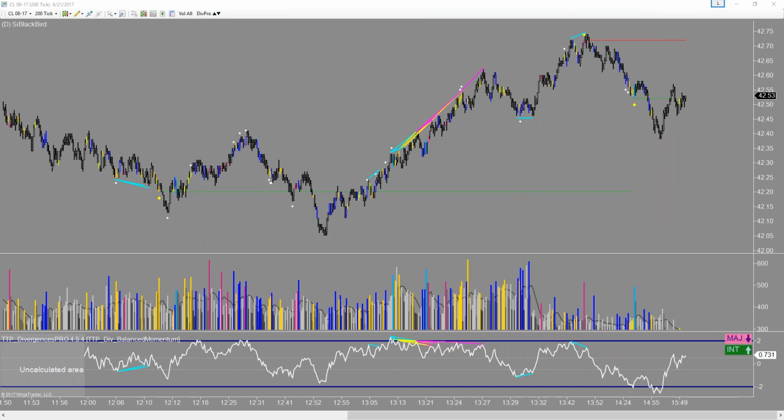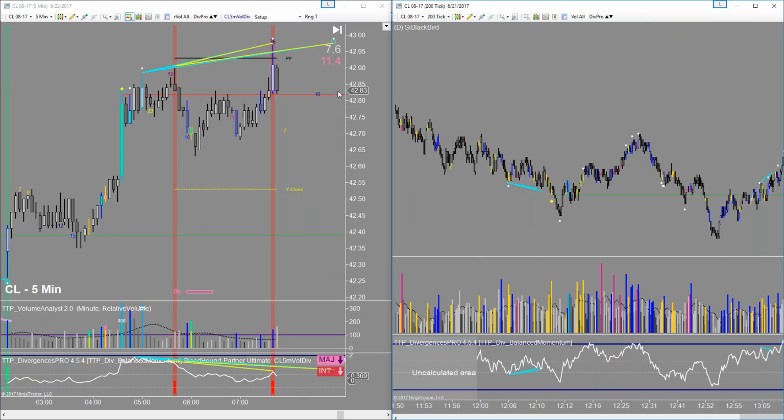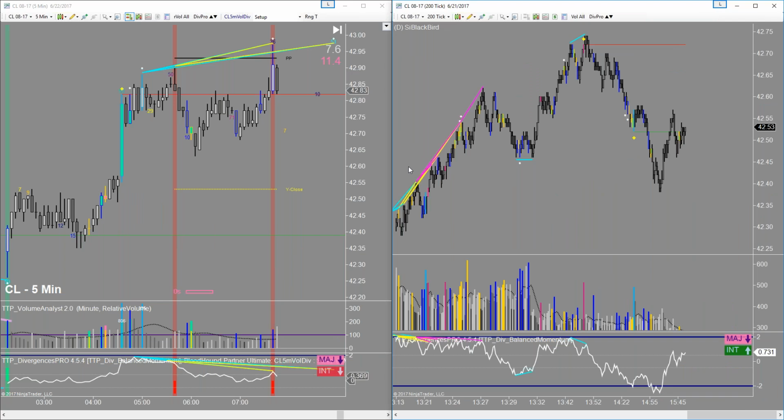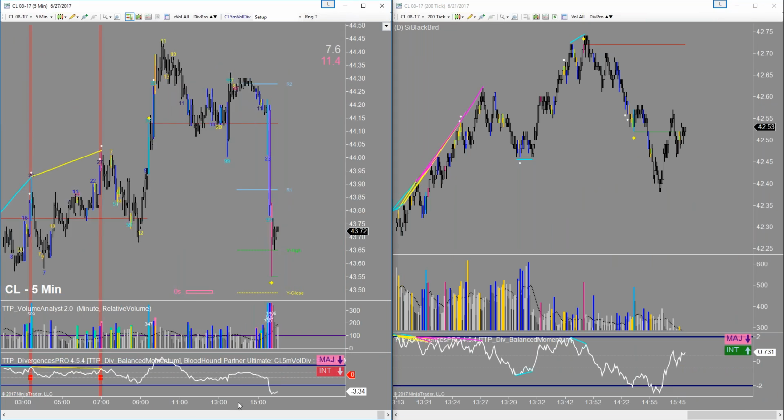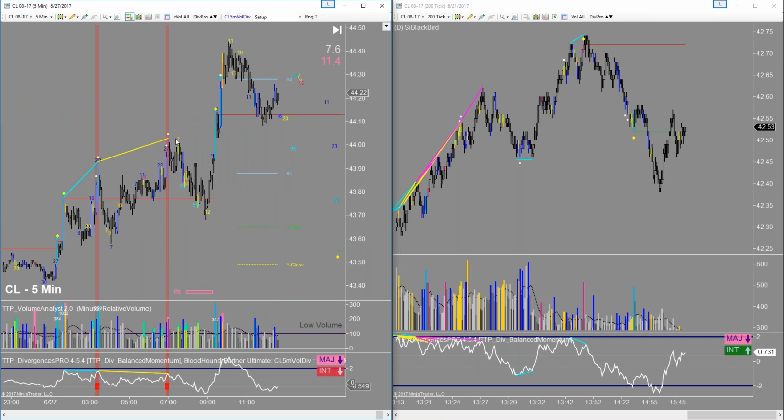Anybody use Bloodhound quite a bit in the room? I'm sure a lot of you guys have been using Bloodhound for a while, right? Have you ever wanted to read the signals from one chart onto another chart? Because maybe the template that you had was, hang on a second. Sorry, somebody was telling me that the webinar is over now. Huh. Weird. Anyway,